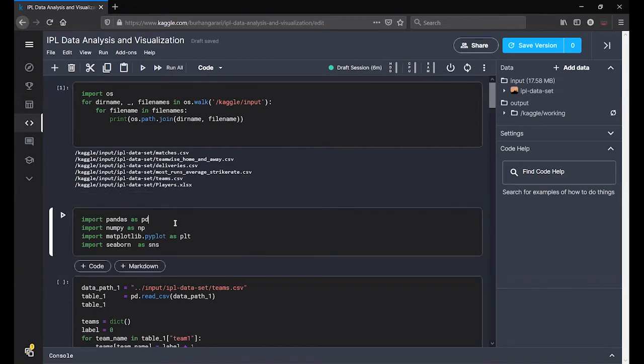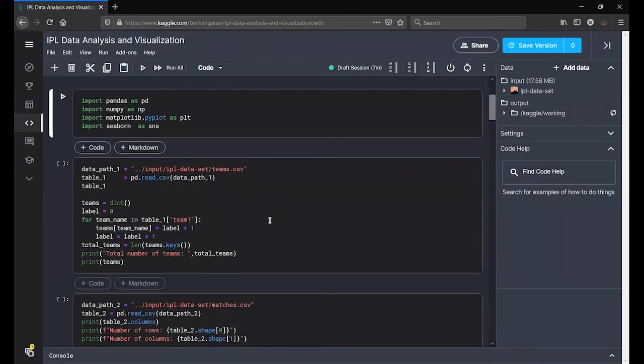And in the next cell, I have imported all the libraries which I'll be using for data analytics and visualization. Pandas is a library which is used to make changes in the table structure, as well as it can make changes in the table values. Pandas is also used for creating analytic tables from scratch. NumPy is used to deal with linear algebra problems. Matplotlib and Seaborn are used for data visualization.